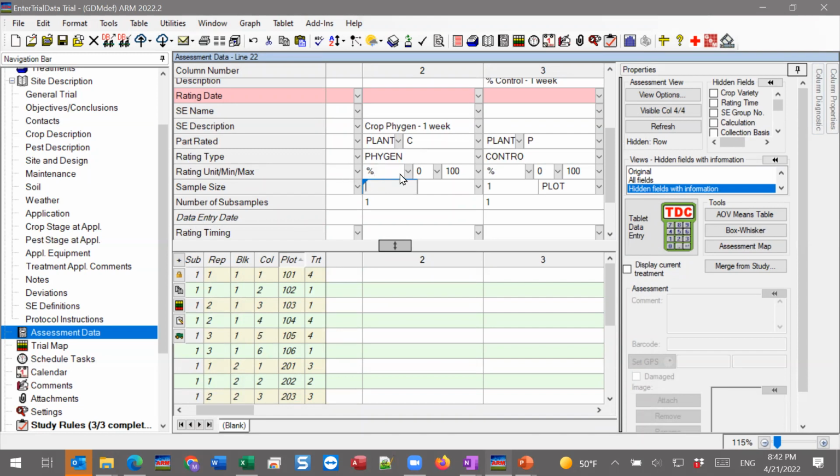And you'll notice with the %, we actually automatically filled the minimum and maximum as well. That's kind of a recent addition to ARM within the last year or so. That defines the minimum and maximum values for when we're filling in the data down below. So if you're doing a rating scale of 1 to 5, or it's a pH, so it can only be between 0 and 14 or whatever,